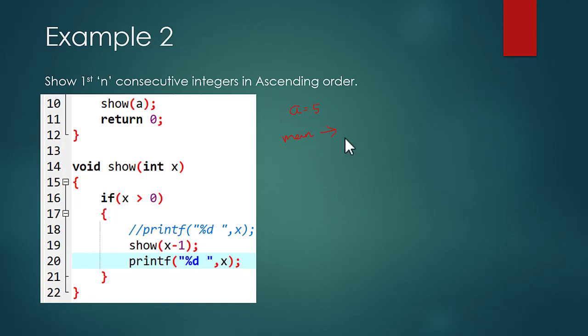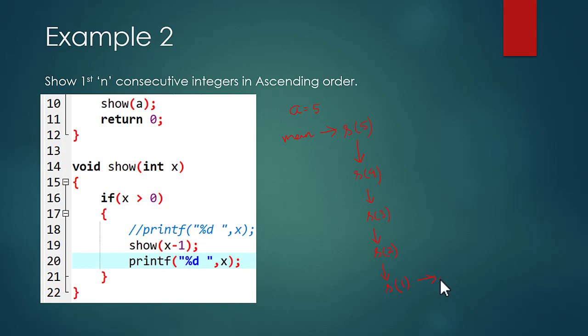Now in s5, x is greater than 0, obviously because the value is 5. So first here, without printing anything, it will call itself, but the parameter will be s4. Then the x value is greater than 0, so it will call itself with 4 minus 1, that is s3. Then s3 will call itself with the parameter x minus 1, that is 3 minus 1, 2, so s2. Then s2 will be called with the parameter s1, and finally s1 will call itself with the parameter 0.